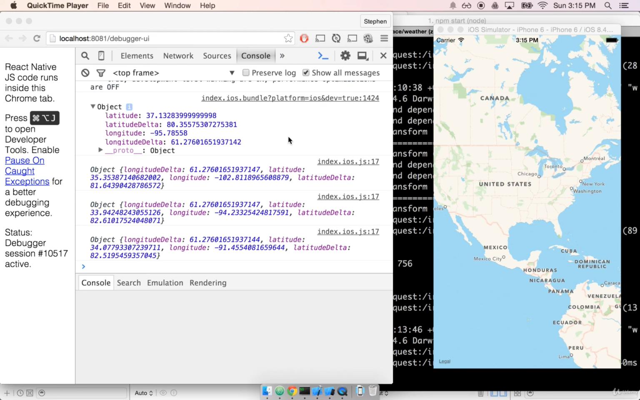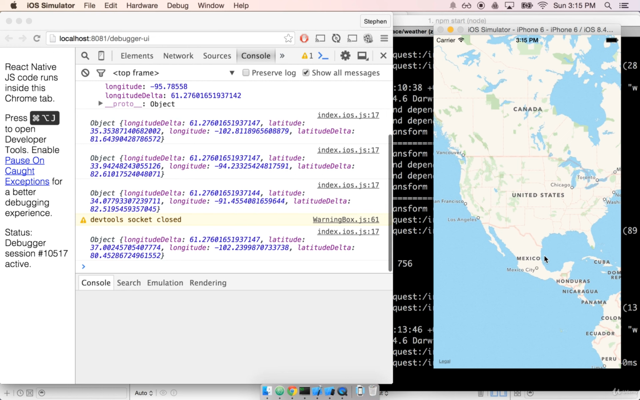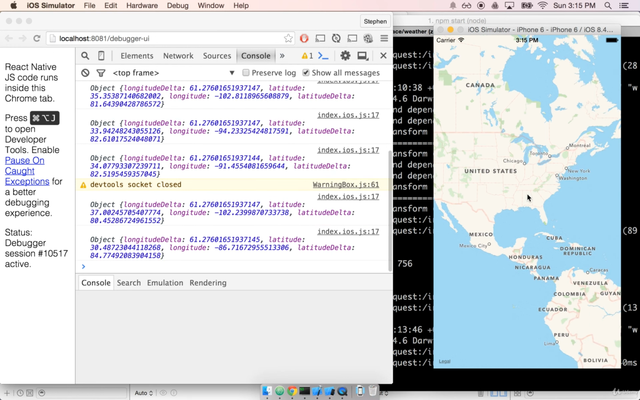In the last section, we added a callback to the map view, and we were able to successfully console log data from the map whenever the user dragged around on it, like so. So in this section, we're going to take a closer look into the object that gets console logged from the map and see how we can use the data inside of it to form up our request to go and grab some weather data. So the object that gets console logged has 4 keys: latitude, longitude, latitude delta, and longitude